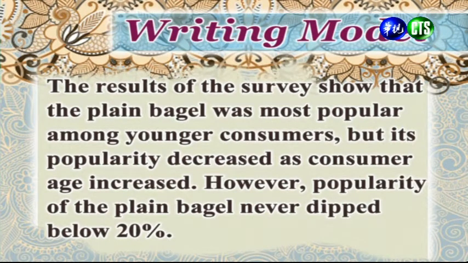The results of the survey show that the plain bagel was most popular among younger consumers, but its popularity decreased as consumer age increased. However, popularity of the plain bagel never dipped below 20%. 研究结果发现，原味贝果在年轻的消费族群中较受欢迎，但随着消费者年龄层逐渐提高，受欢迎的程度也跟着降低。然而，原味贝果受欢迎的程度始终没有低于20%过。Right, so now the next section provides a written explanation of each set of bars in the graph. 好，我们可以发现这个部分它详细的解释了长条图中的每一个部分。